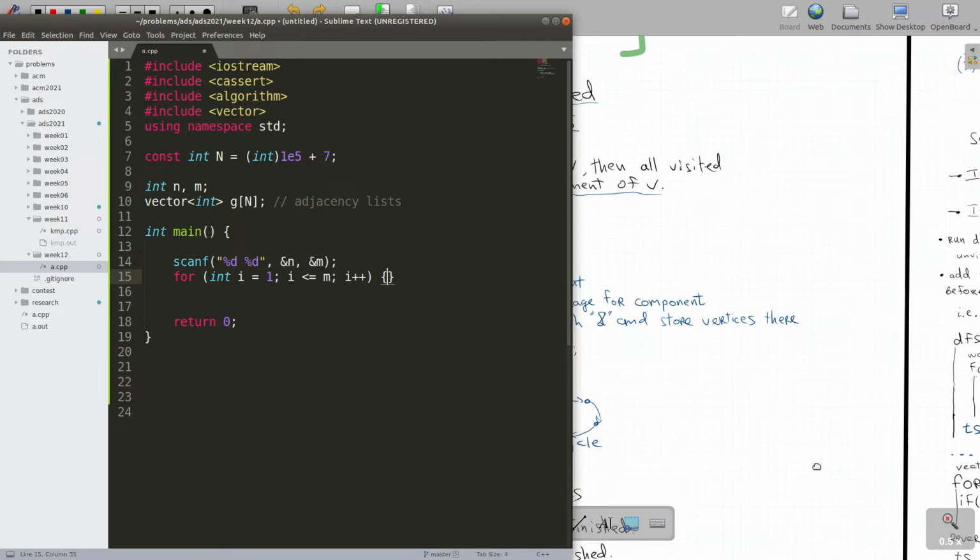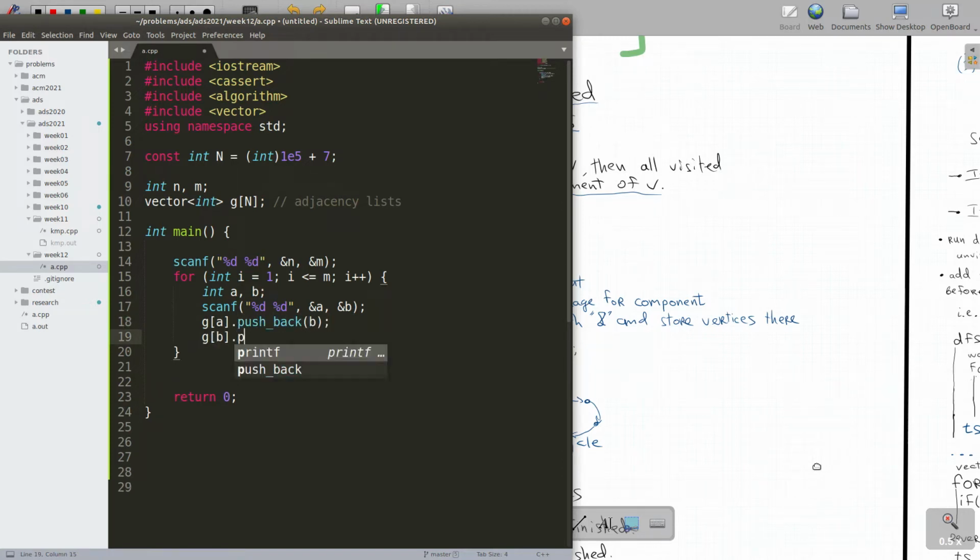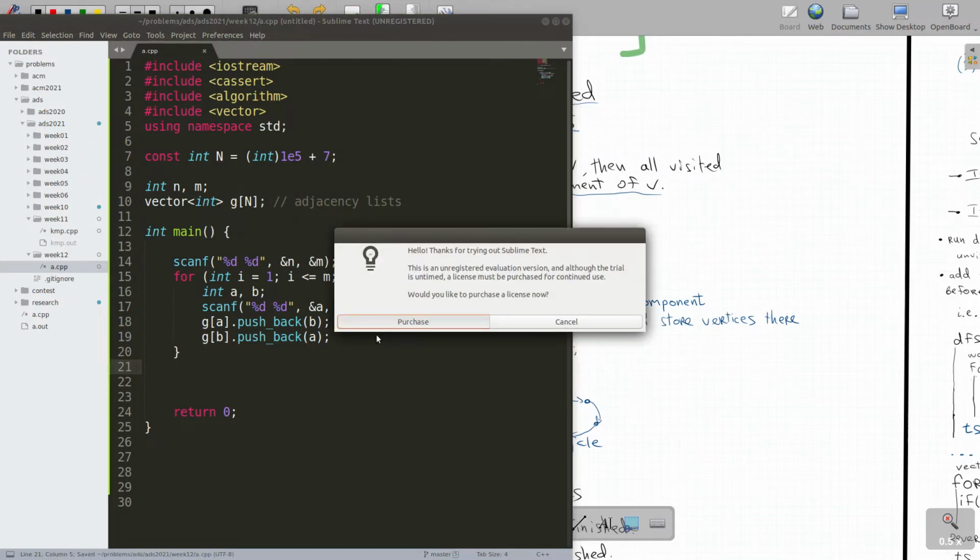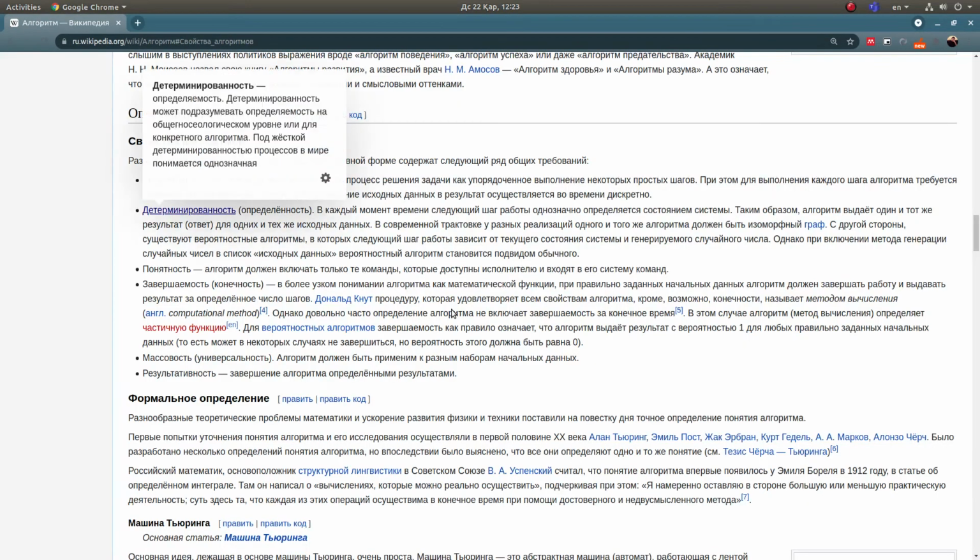We iterate over the edges. This is usually how the graph is given, via the list of edges: A, B. G of A push_back B, G of B push_back A. So this means that there is an undirected edge between A and B, so I push B to A and A to B. And then, in order to obtain connected components of the graph, what I want to do